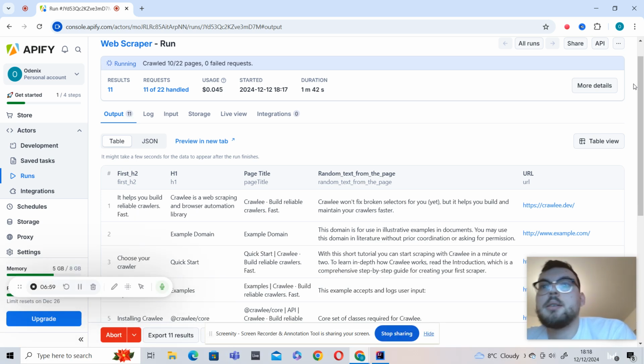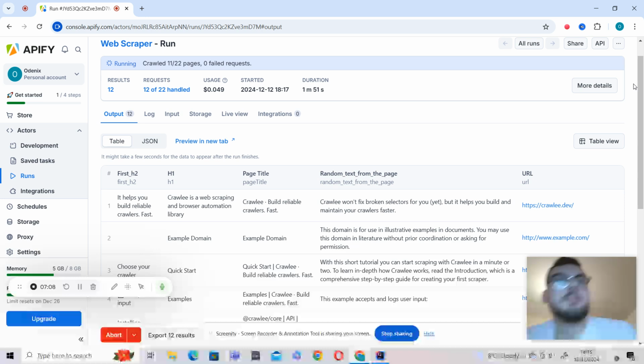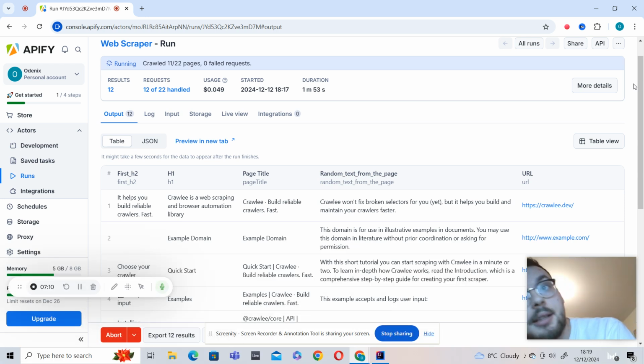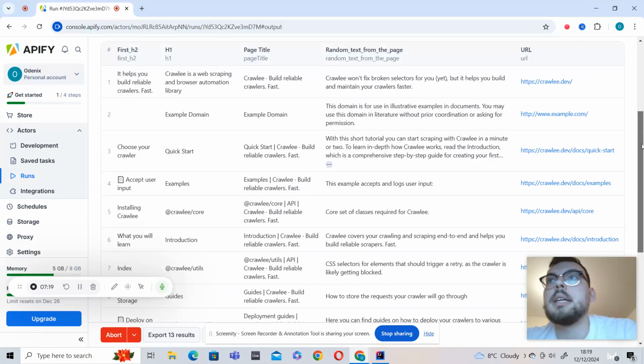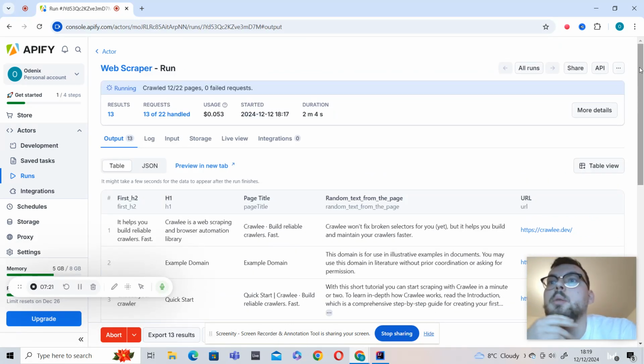This is the site to use if you want to scrape the internet to get information, to generate leads for your business, all that kind of thing. It can be integrated with, as I said earlier, any automation platform you use. So you could automate scraping Google Maps for a load of leads and inputting all that information into a Google Doc or Google Sheets. You could do that quite easily using a platform like Make.